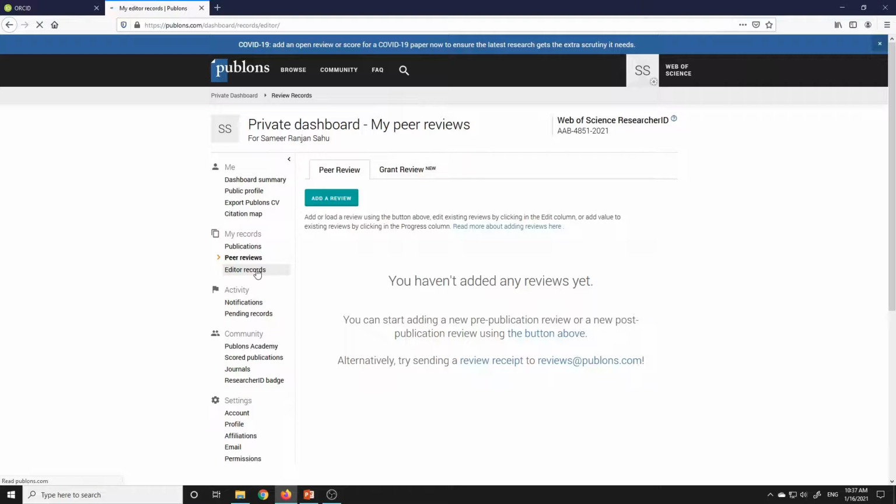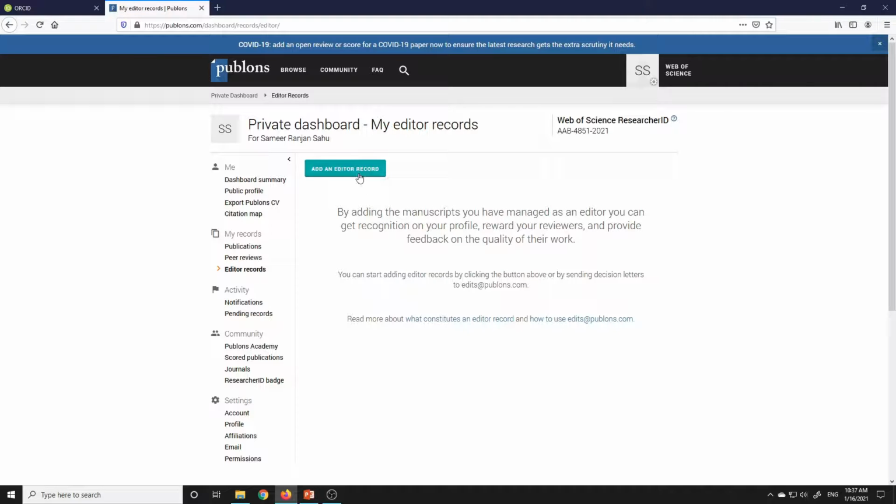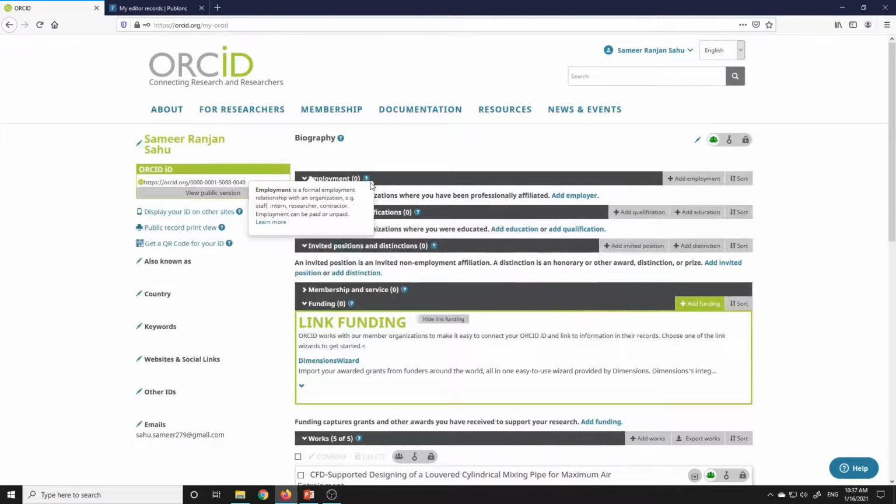If you are an editor or trying to be an editor, anything related to your manuscripts and publications can be automated from here. ORCID is, you can say, a database where you will be entering all your information.